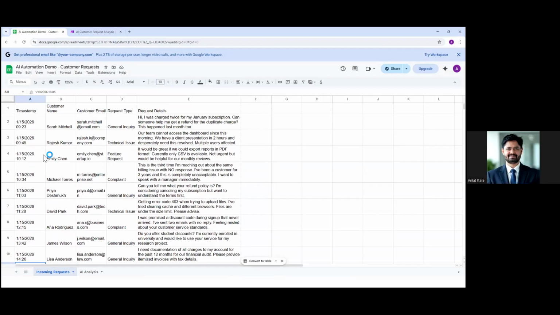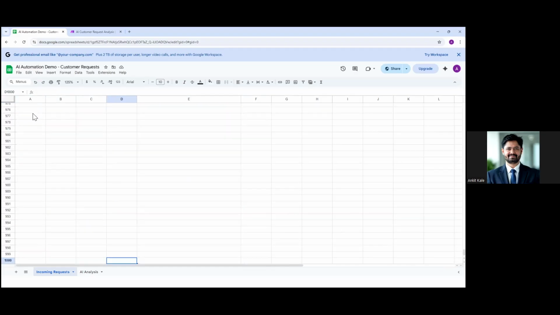So I'll answer in this particular context. Right now, the data which is coming over here and getting populated will be in the same format all the time. The row headers or column headers would remain the same: timestamp, customer name, customer email, request type, request detail. What will keep adding is the number of rows.